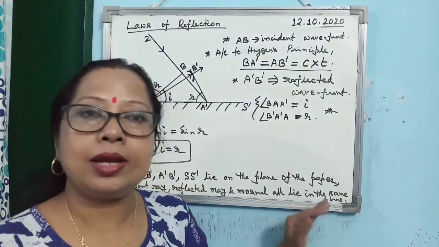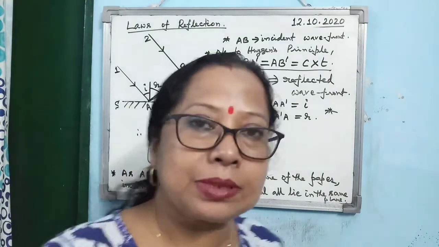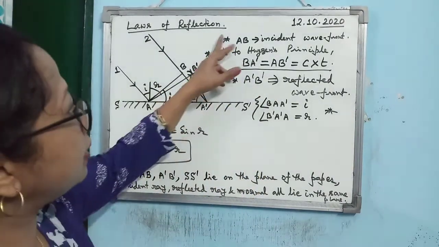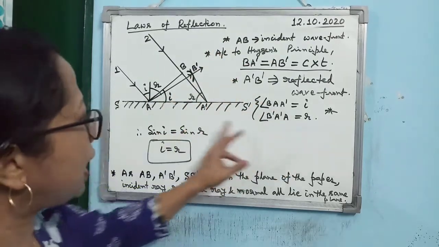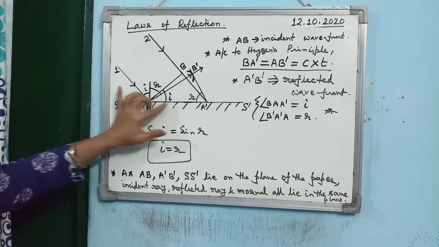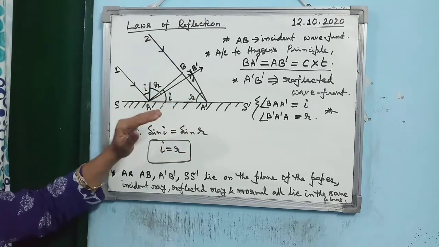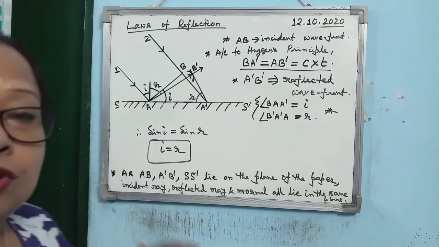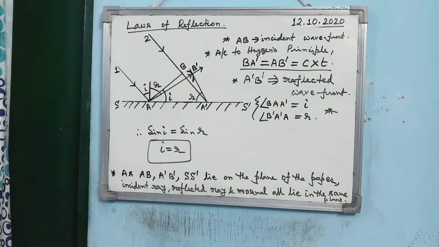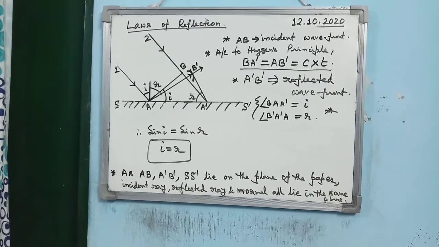Alright, very important topic. Once again I am saying, the diagram, the steps I said that you draw, and the points I have written with the asterisk, and in the diagram also the arrows, the angles as I have denoted, all should be there in the derivation if it comes in the exam. Then only you will be able to get full marks. Okay, so this is the way one can prove the laws of reflection by using the Huygens principle.